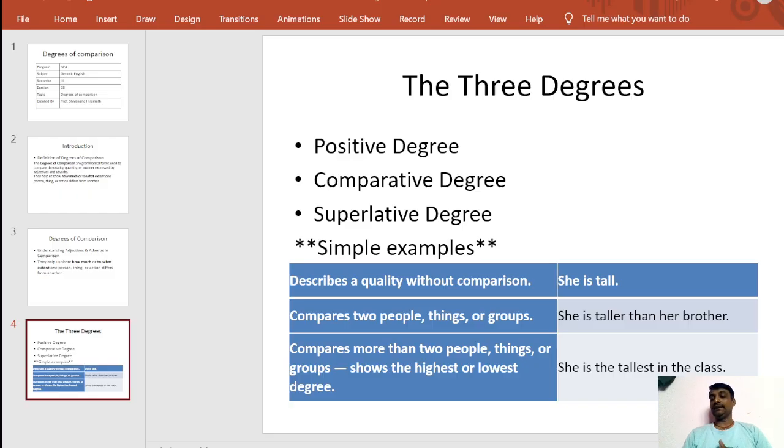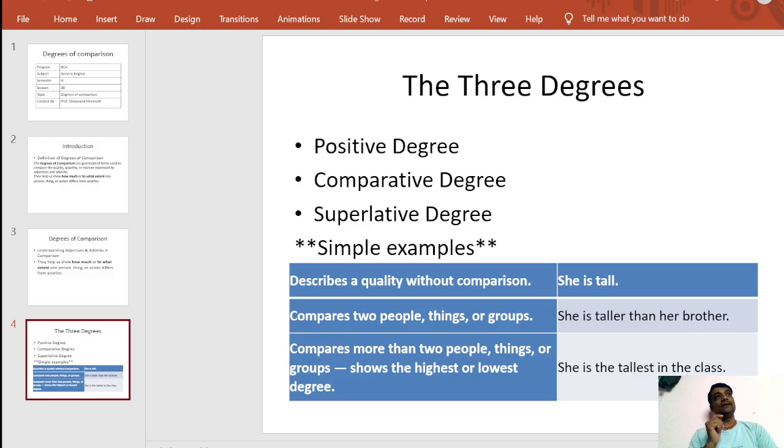We will see it in the superlative degree. Super, among many. She is the tallest in the class, meaning no other girl in the class is as tall as her. That is how in the superlative degree we have to use